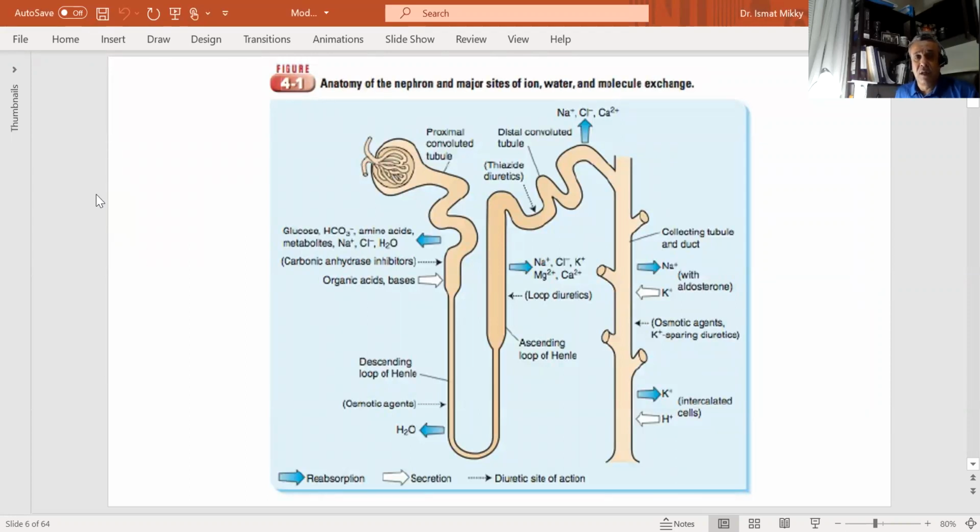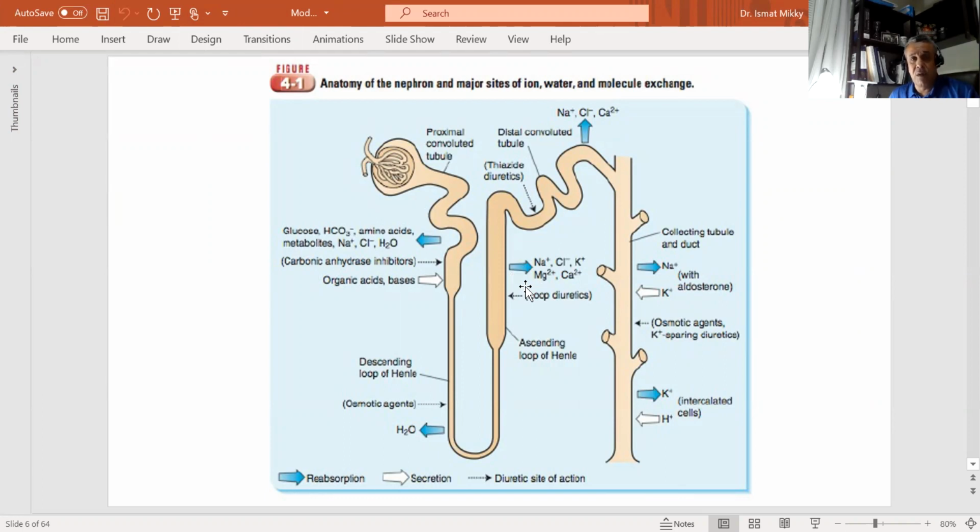The site of action will be on what is called the ascending loop of Henle. It's right here, loop diuretics, an example being the medication furosemide, which is Lasix, very common and